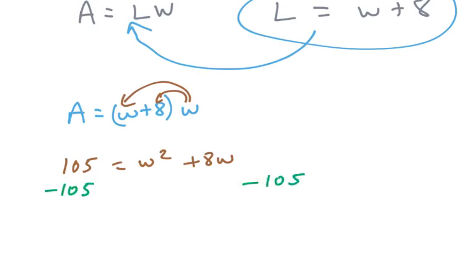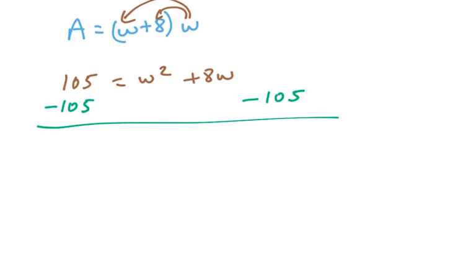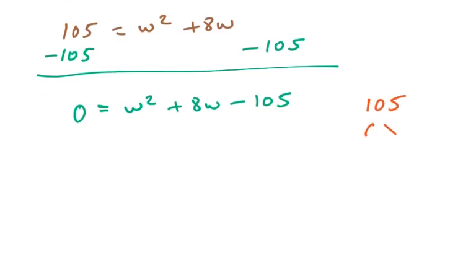Remember, anytime you're solving a trinomial, you want to get it equal to 0 first. So we're left with W squared plus 8W minus 105. And now I want to break 105 down. Now, if you're not certain what is going to work, and right now I'm not, what I like to do is to do a factor tree and write out what the factors of 105 are, which are,